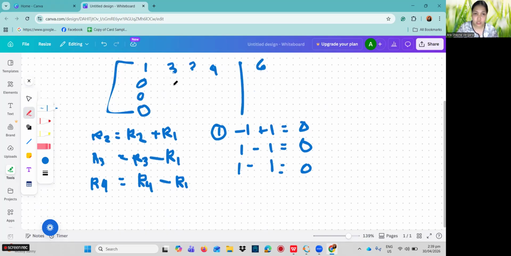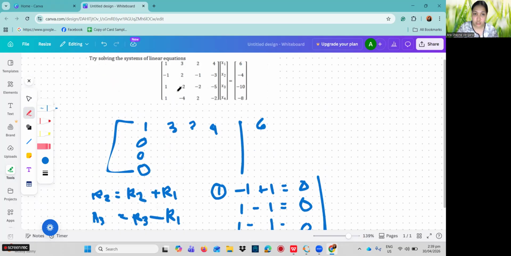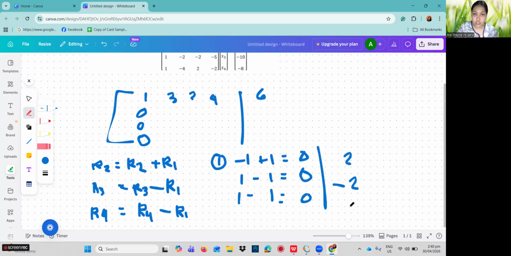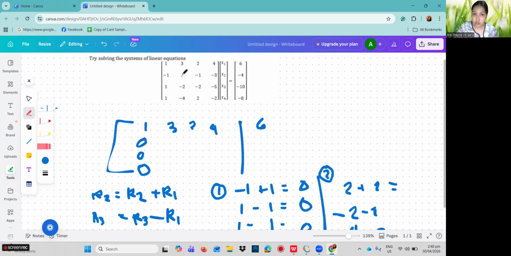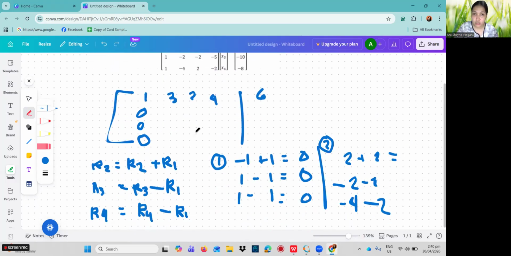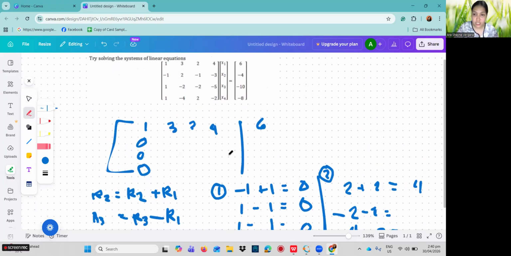Now we will be proceeding on the next. R2 is 2, R3 is negative 2 and negative 4, and then we need plus, minus, minus R1, which is 3.